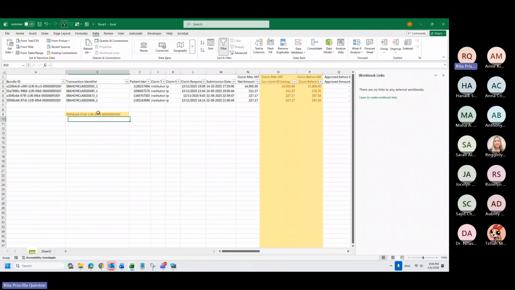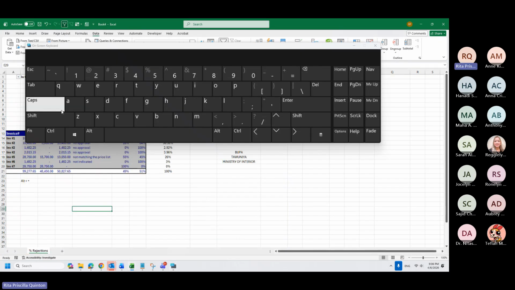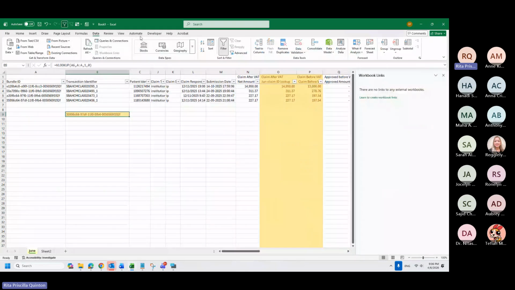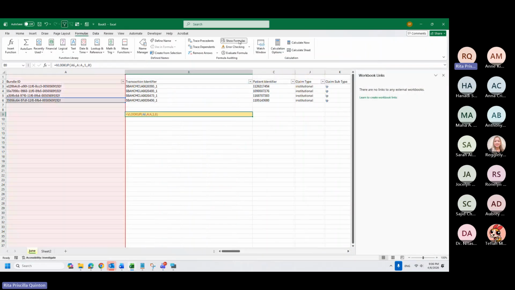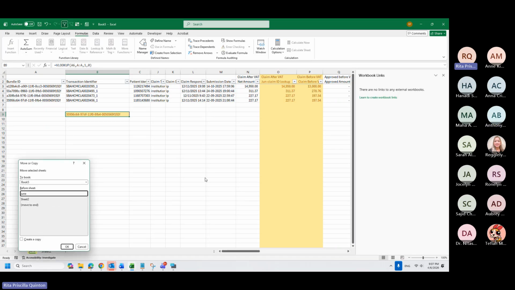Also, here, since it's within my workbook, I cannot see it over here. So what I'm doing is Show Formulas, which is this control and this one. That's the shortcut key. But if you want, it's also available here on the Formulas tab, Show Formulas. That's for looking for any formula inside your file. Outside the file, what I'm using is Move or Copy.